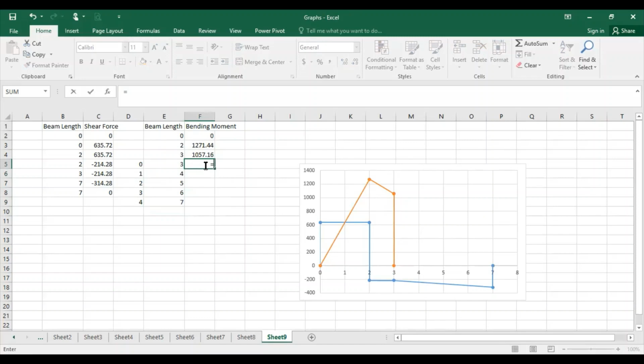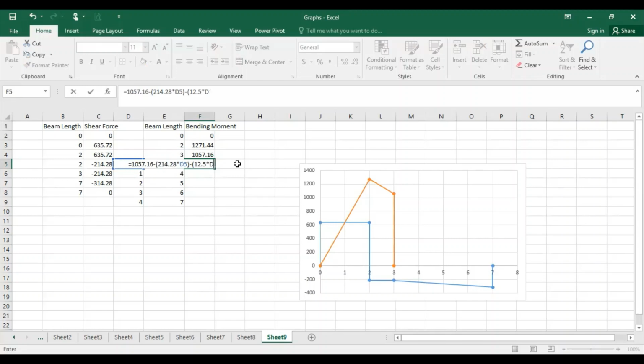So the equation was 1057.16 minus 214.28 star, and you must put the sign of equals to, otherwise your calculations will not be done, minus 12.5 star x, which is the D5 cell.